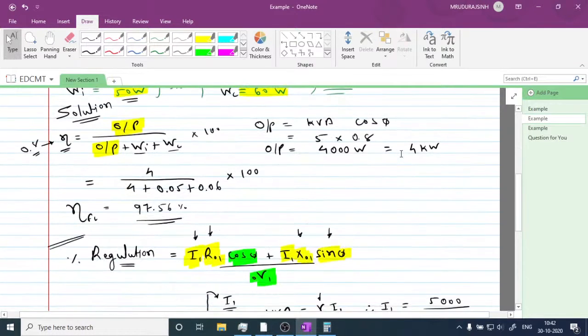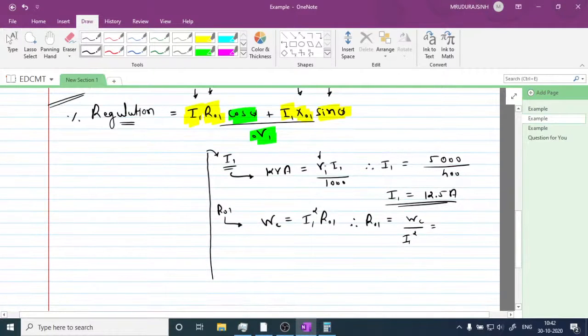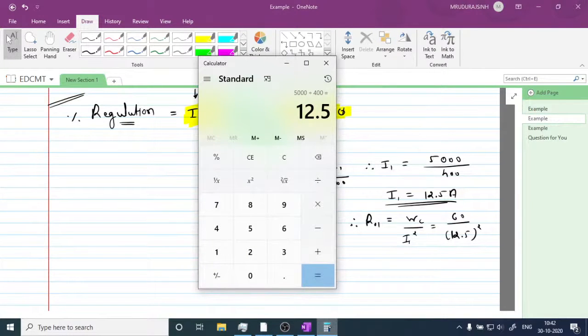Copper loss is 60 watt, right? So 60 divided by the square of 12.5. So this is the square of 12.5, right? So 12.5 into 12.5, we will get 156.25. So 60 divided by